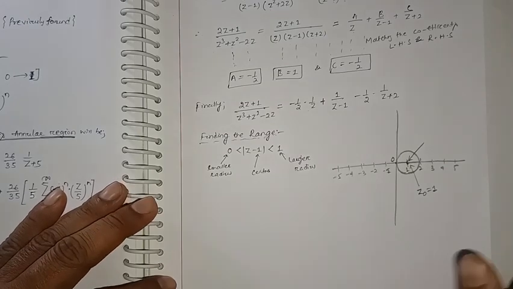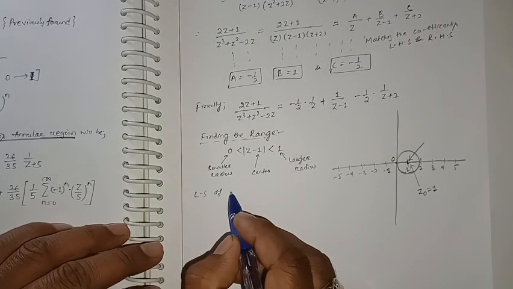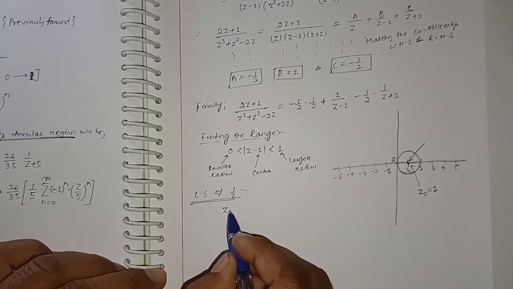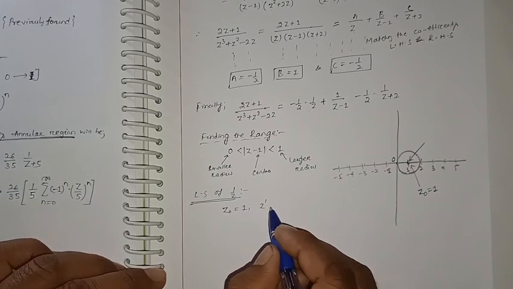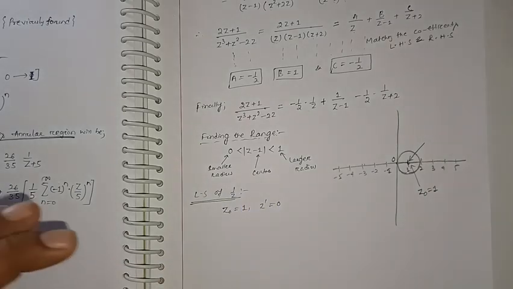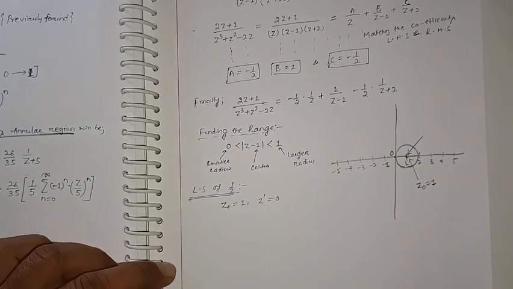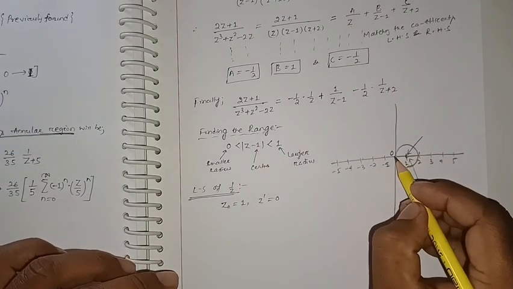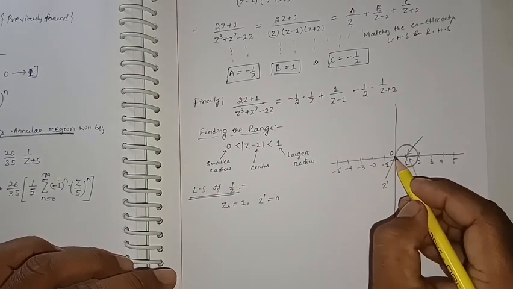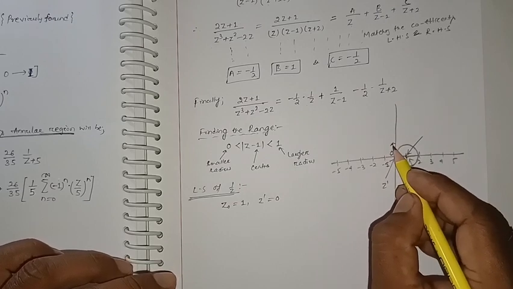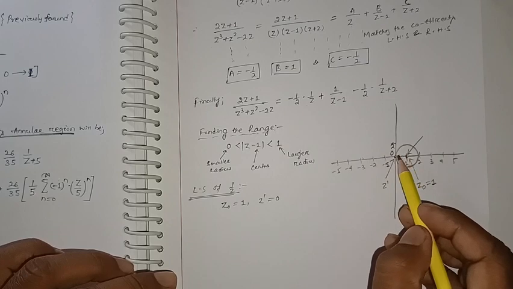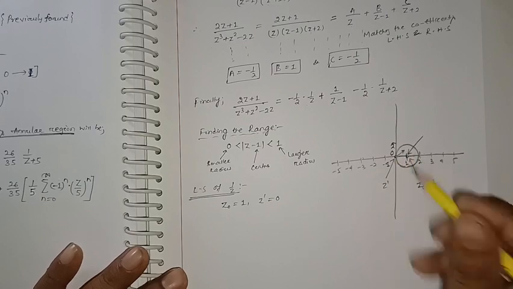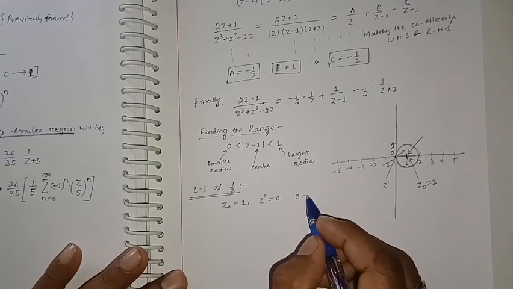So what will be the Laurent series of 1 by z? Finding LS of 1 by z in this region. For this case, z0 is equal to 1. Z dash is 0, because at 0 this function is not analytic. If somebody is standing at z dash, here at 0, and moving inside this region to any one of the points, that means it is an out to in situation. So for this case, out to in situation